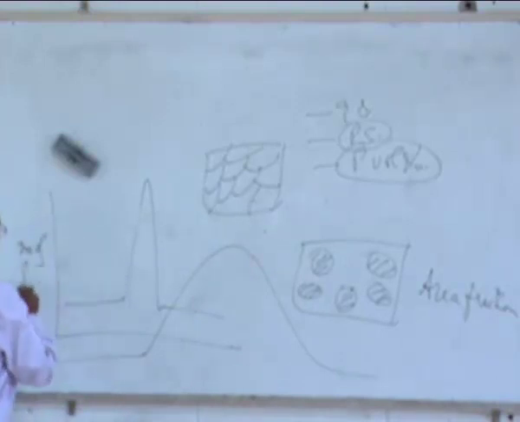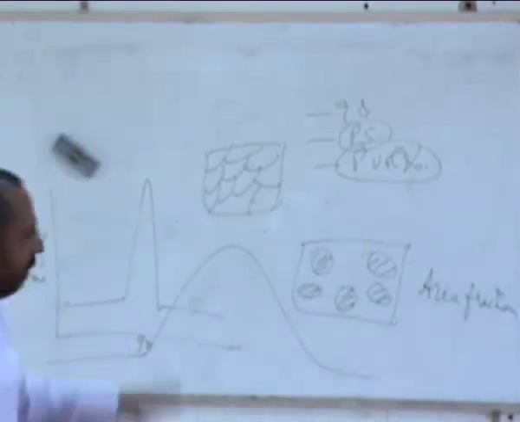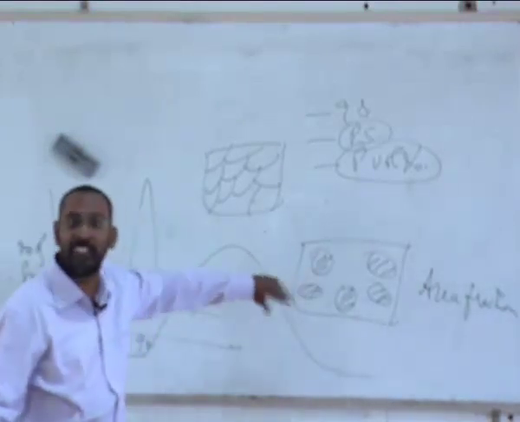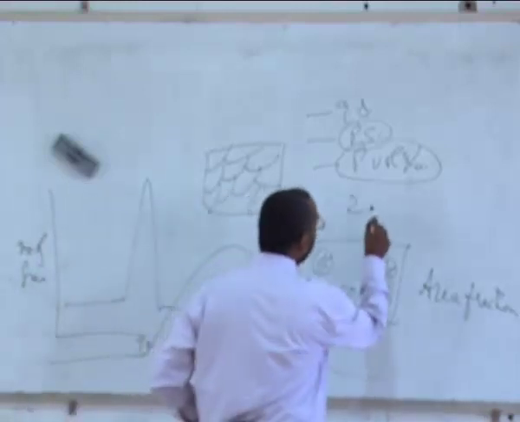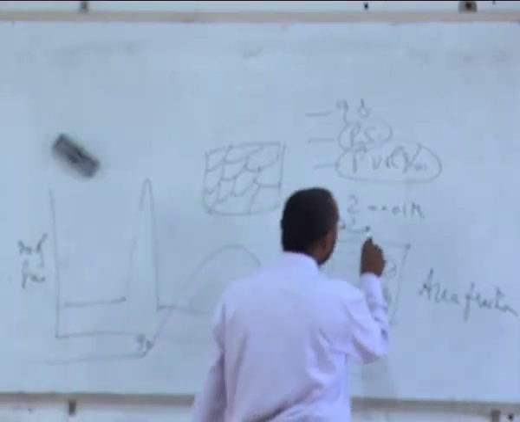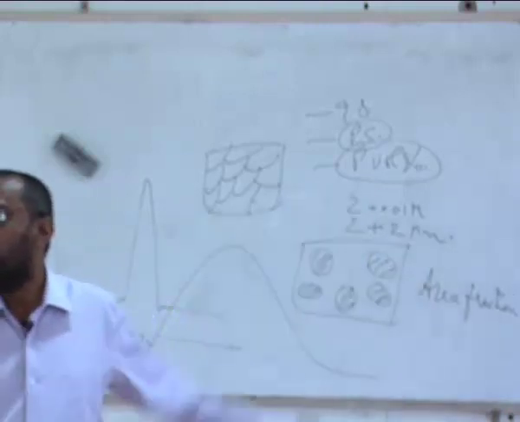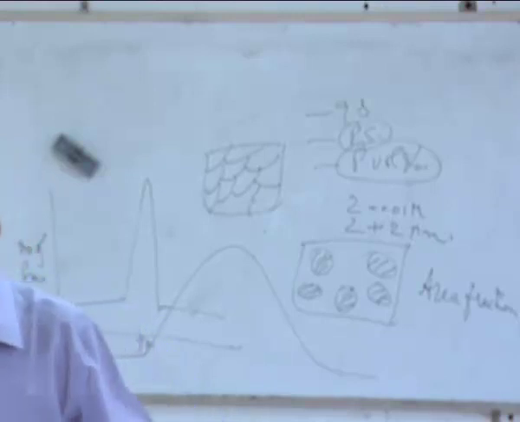If I plot number of grains versus grain size, you may have a very sharp distribution, or you may have a very broad distribution. And this is what is characterized by the standard deviation. If I say my grain size is 2 micron plus or minus 0.01 micron, or if I say it is 2 micron plus or minus 2 micron, I would say that the second one is not going to be a very accurate measurement, right? Possibly because there is so much inhomogeneity inside.